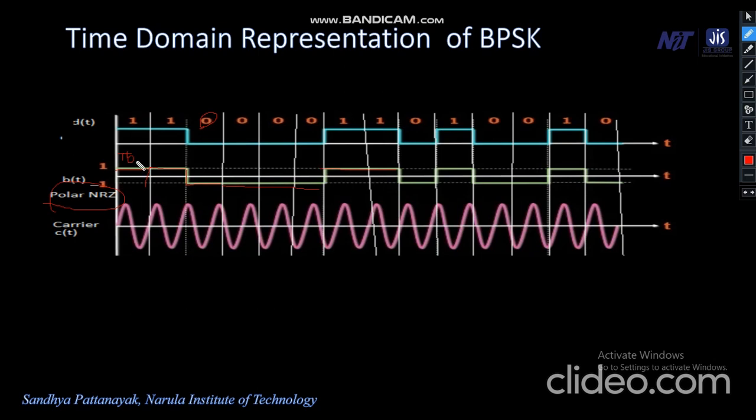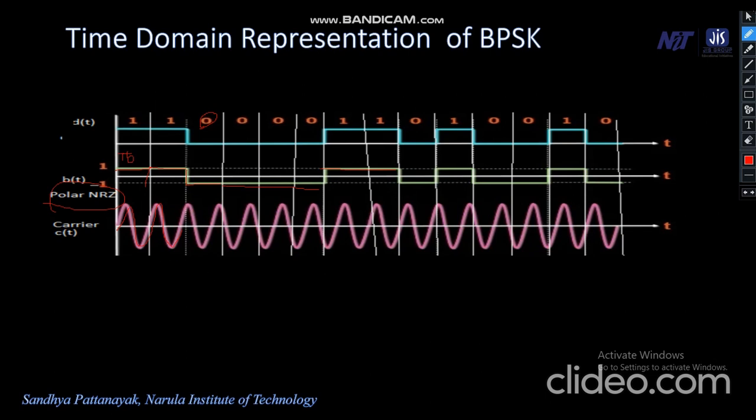Then next what we do, we take a carrier signal. As I told you, the carrier is given by Ac cos 2 pi fct, that is root over 2P cos 2 pi fct. So let the carrier signal be given like this. For our convenience, I usually see the carrier signal is a very high frequency signal. But here, in order to understand properly the time domain representation and see the clarity of the phase shifts, I'm representing it in this form. So we are just taking one cycle in one bit duration.